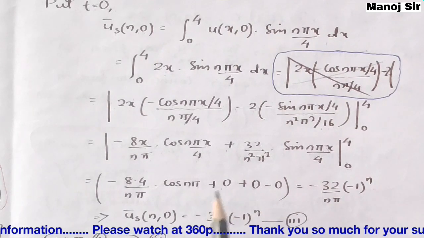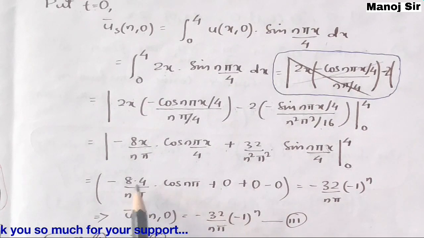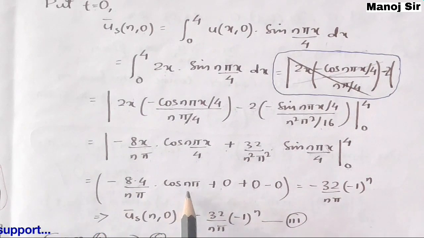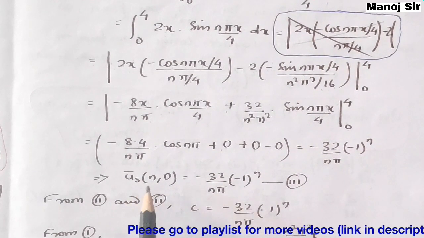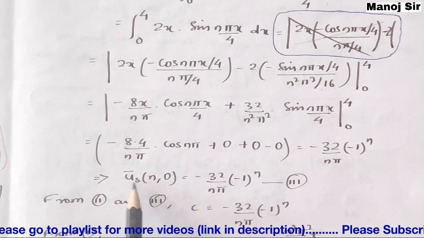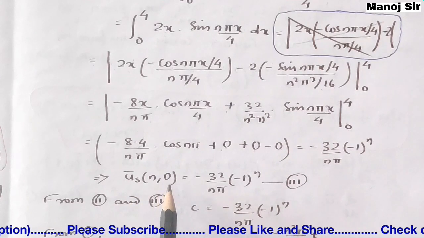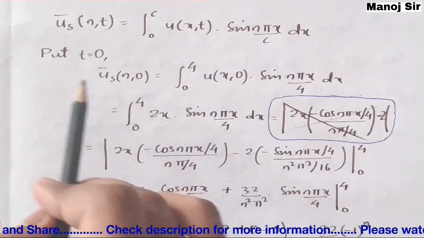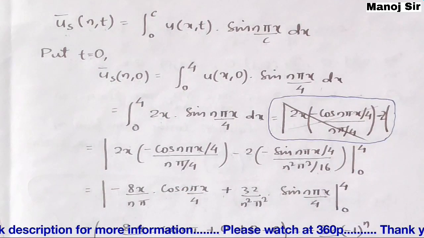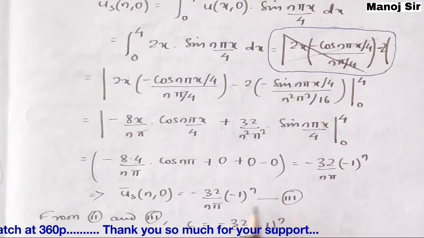So solving this single term, that is minus of 8 into 4, that is 32 upon n pi, and cos n pi is minus 1 power n. So finally we can say u bar of s at t equal to 0, which is a function of n and t, but we are finding it at t equal to 0 only, that is u bar of s n comma 0. The value of this becomes minus 32 upon n pi into minus 1 power n,